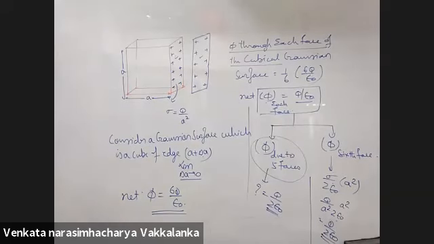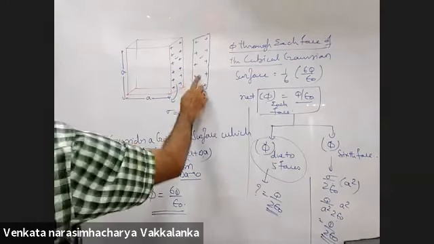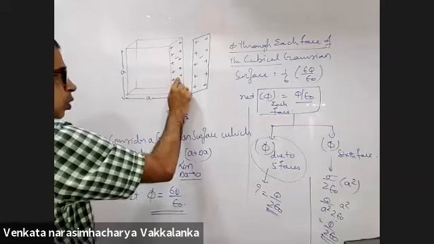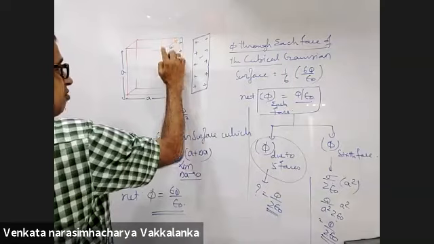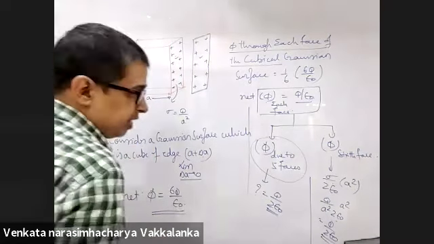Sir, I don't get why the sixth face is considered as an infinite plate, because the Gaussian surface is almost the same length. The Gaussian surface is very close to this limit, delta tending to 0. When you are very close to a finite plate, the finite plate will be treated as an